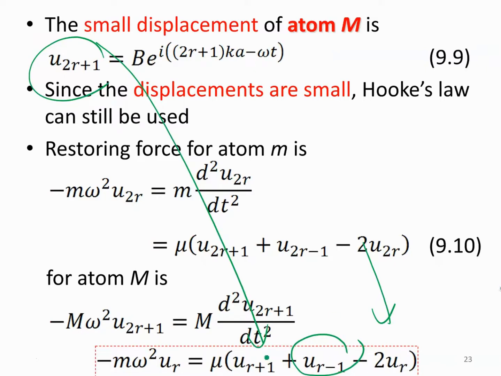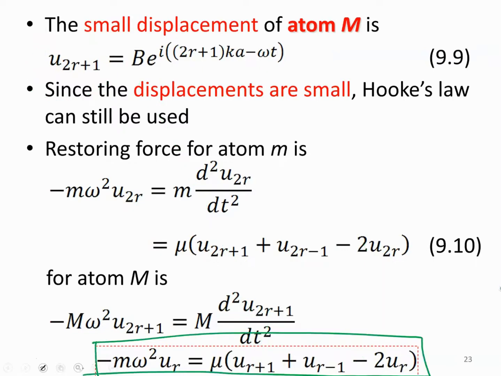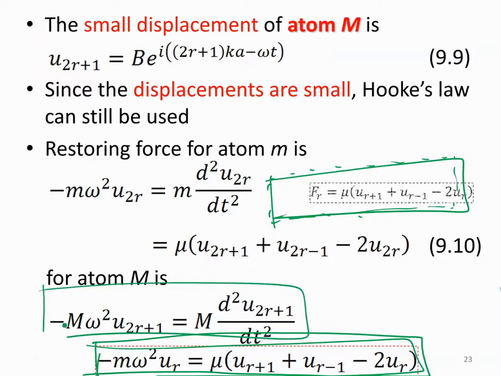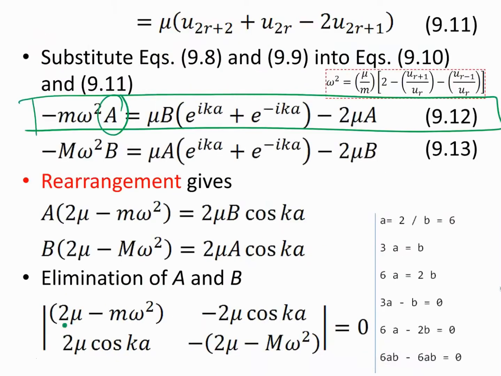Okay, sorry, this is for monoatomic. When you see in the slide that I have one dash box, all the dash boxes indicate the equation or formula that we derived previously. But I want you to make the comparison, so I just put it here. So the same thing applies to the heavy atom here, and then we substitute 2r plus 2, 2r plus 1, and 2r here. So once you substitute everything in, then